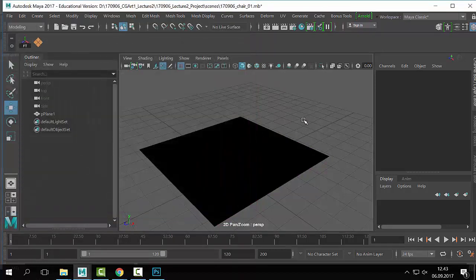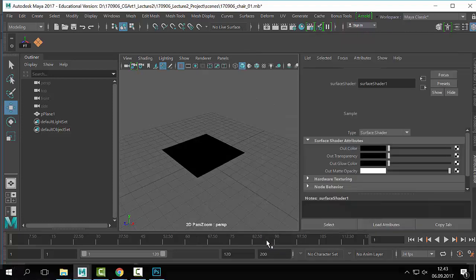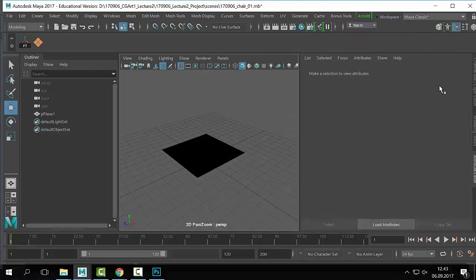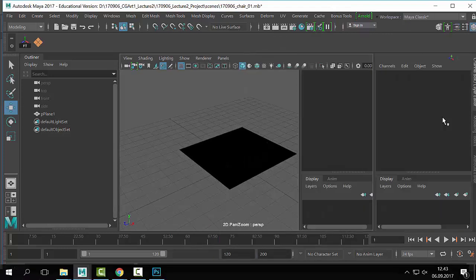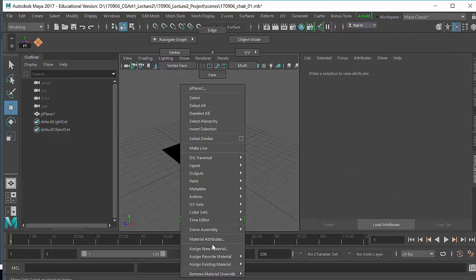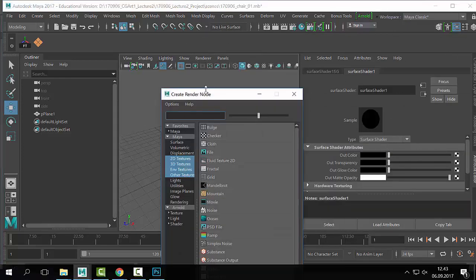So another way to access the material is to right click and hold, just like we did to access the components on the object. We can also right click and hold, and you have something called material attributes. This is on any object. You can just right click and hold. That will open it, should open it, in the attribute editor. I don't know why it's not doing it. There you go. So Control A, remember you can toggle between, and there we have the attributes. And there we have out color. So if I click there,